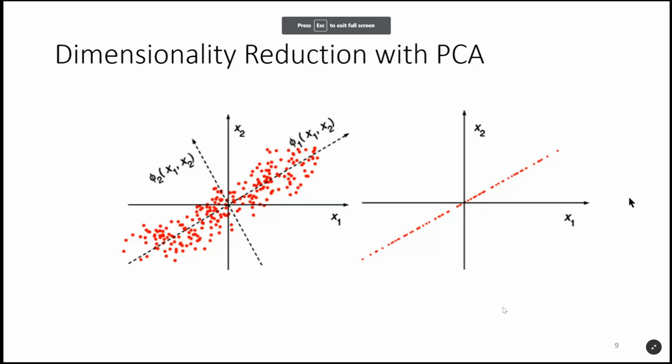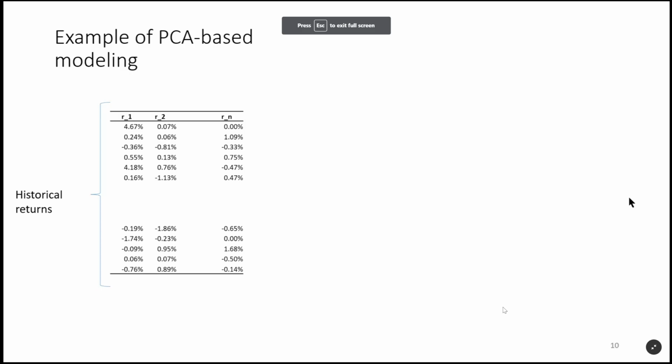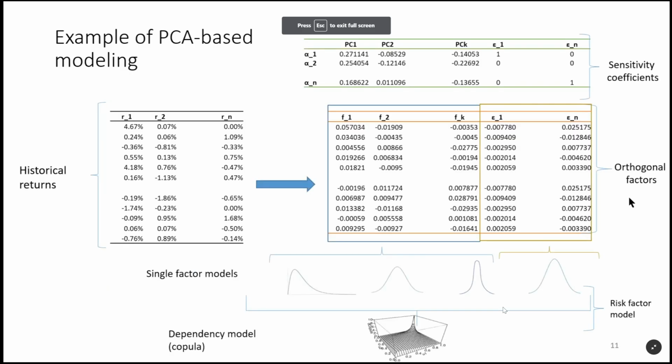So, for example, I can identify... Oh, let's skip this slide. You can look at this later. It doesn't matter. So here is a picture of an application of PCA-based modeling. Here, for example, I have the structure of my portfolio. Here's a time series of individual returns, and I have n stocks in my portfolio. So applying PCA, I can identify n